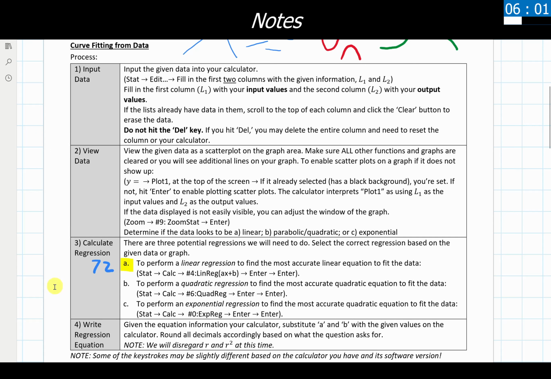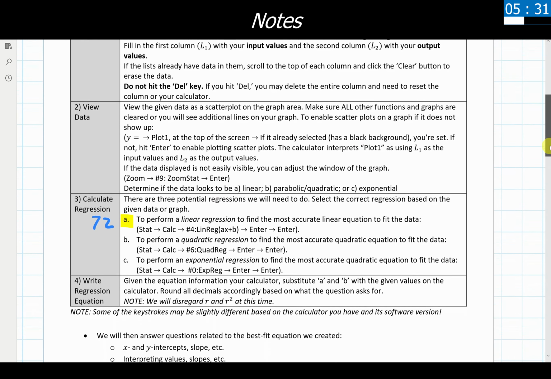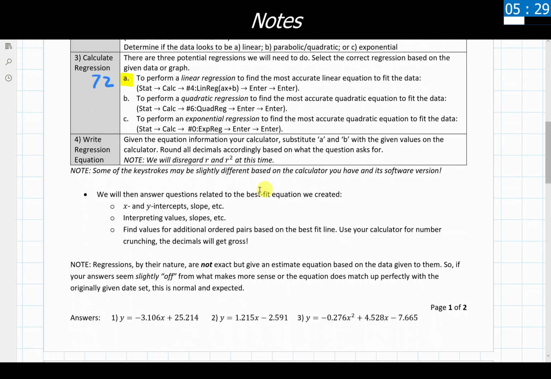After we've done that regression, we actually write out our equation. Again, for the purposes of what we are going to go through, we are going to disregard what r and r squared mean at this time. That's something that's going to be covered in a more advanced class, one that is geared more specifically towards statistics. This is meant to be very, very, very introductory in nature with all of this and getting an idea of what regressions are and what they could look like. Now I do want to note as well, as I'm scrolling down here with some of these. Oh, there's a spoiler for our answers there. Pretend we didn't see that.